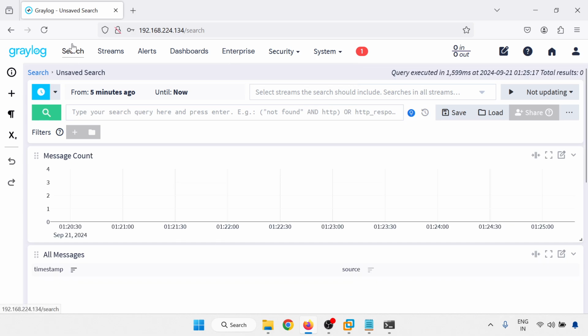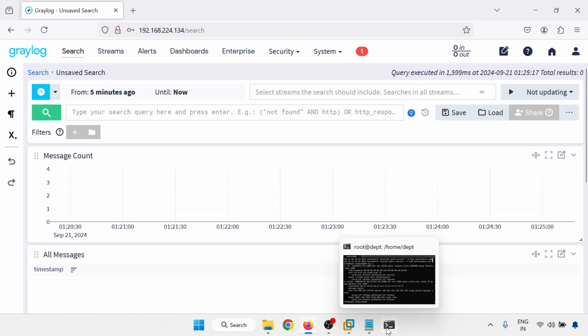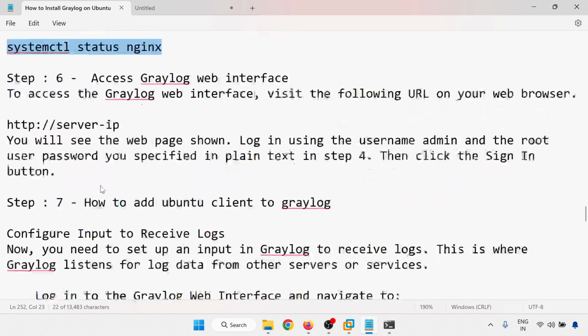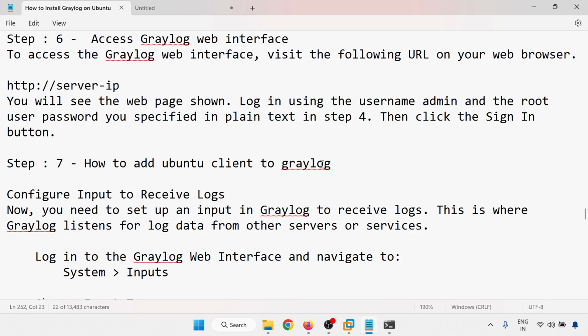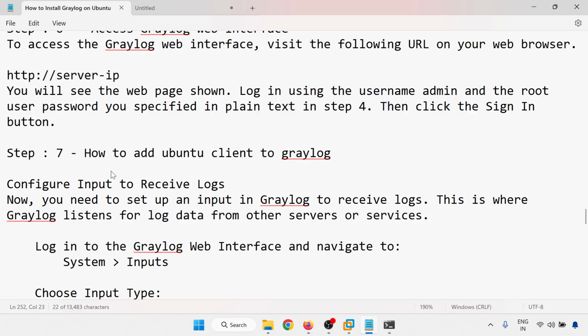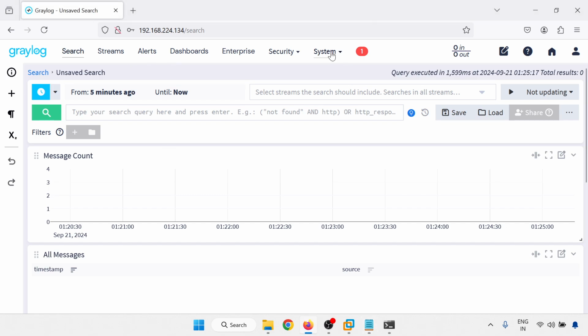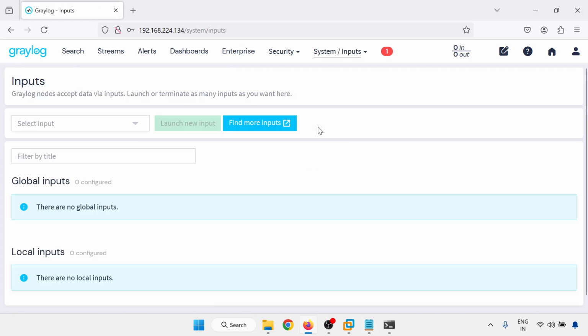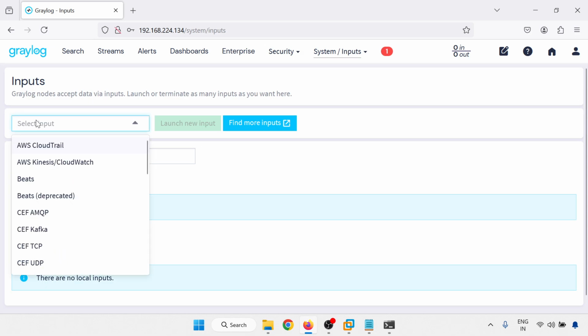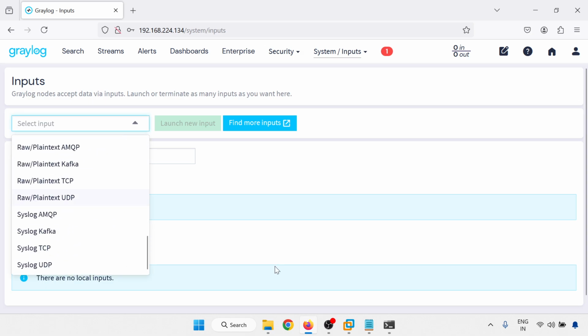Now in the search we are not able to get any message from any log, meaning we're not getting log messages from any other server. So next part is how to add the Ubuntu client to Graylog. So I need one more server. So first log into Graylog in the web browser and navigate to system input. So here I'm going to system, there is an input, click on the input, select input, and here just check with the code